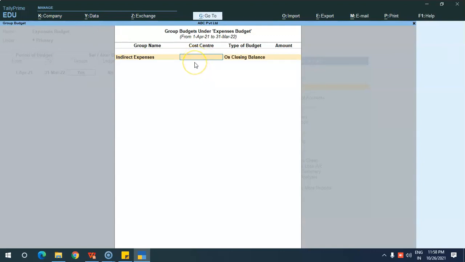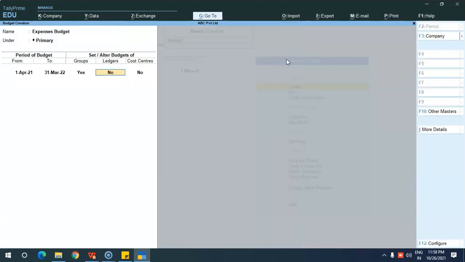You can select the cost center, otherwise you can just leave it, and the type of budget is on net transaction, rupees 2 lakh. So let it be 5 lakh. This means I have allocated 5 lakh rupees for total indirect expenses, for 1 year.